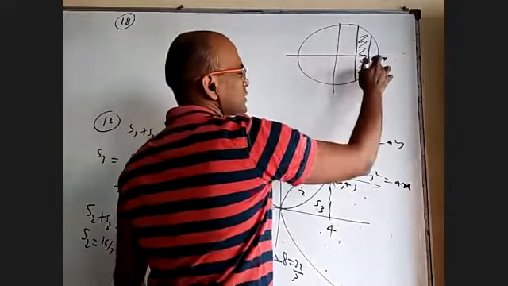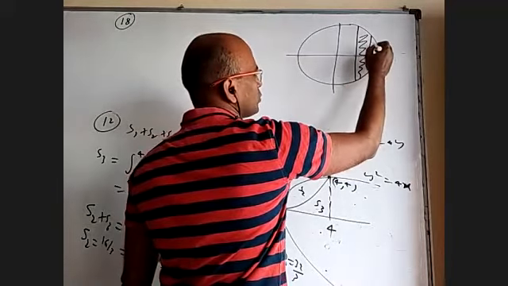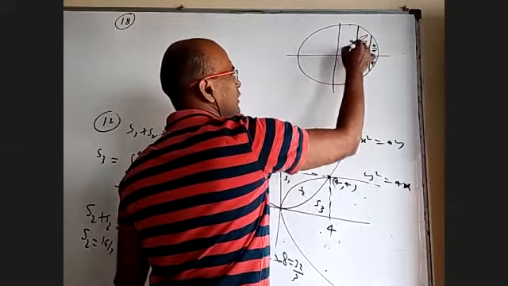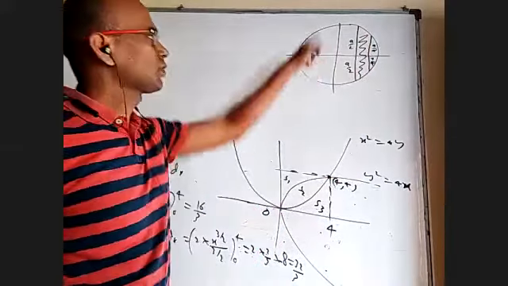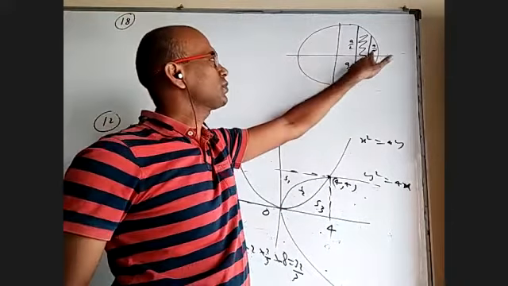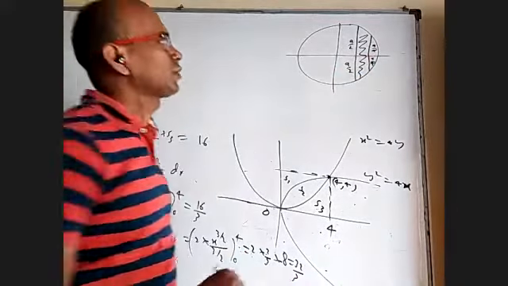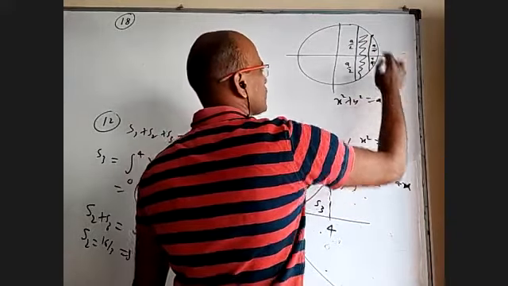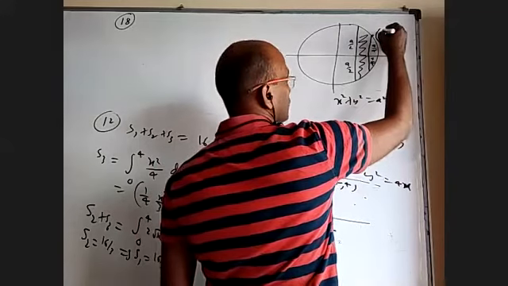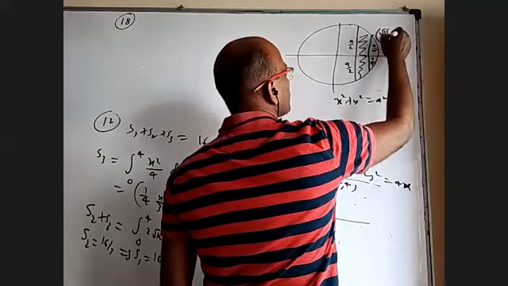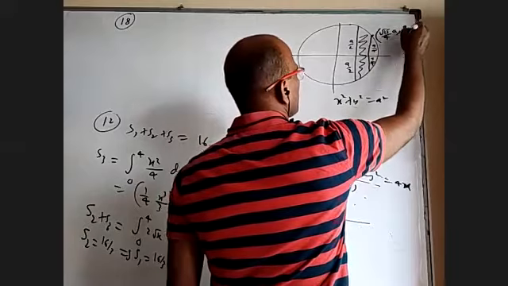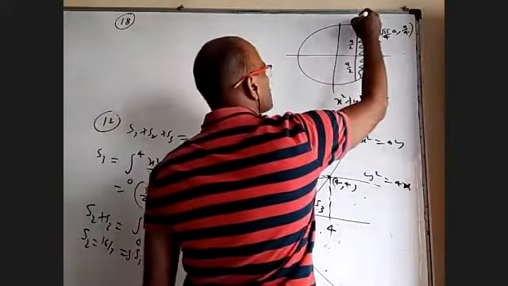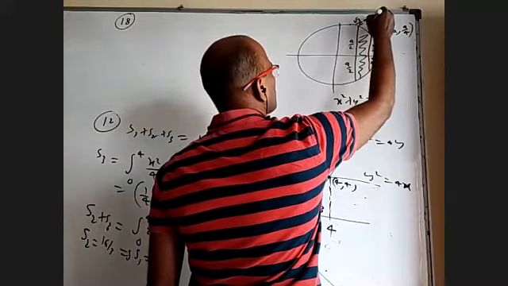If this total is A by 2, this will be A by 4 and A by 4. If this total is A, this will be A by 2 and A by 2. This is a chord of length A. Here the y coordinate is known. Here the y coordinate is known. But I want to find the x coordinate. So in the circle x square plus y square equal to A square, when you substitute A by 4, this x coordinate will come root 15 by 4A, comma A by 4. This x coordinate will come root 3 by 2A, comma A by 2.